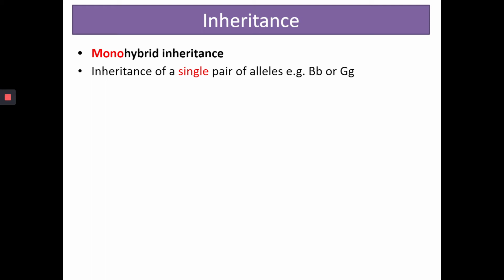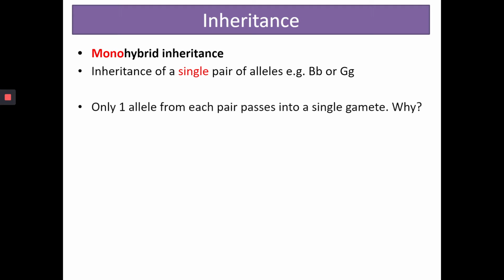A single pair of alleles in written format is always represented as a capital and small letter of the same letter, because the letter represents the position of the gene, and whether it is capital or small shows whether the gene is in its dominant or recessive allelic form. So only one allele from each parent's gamete will actually go into the offspring's zygote.